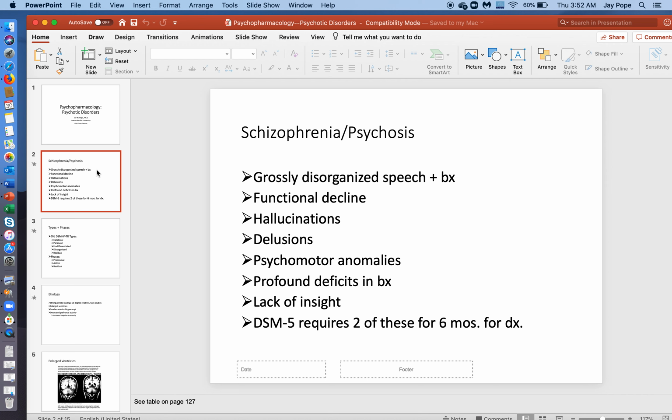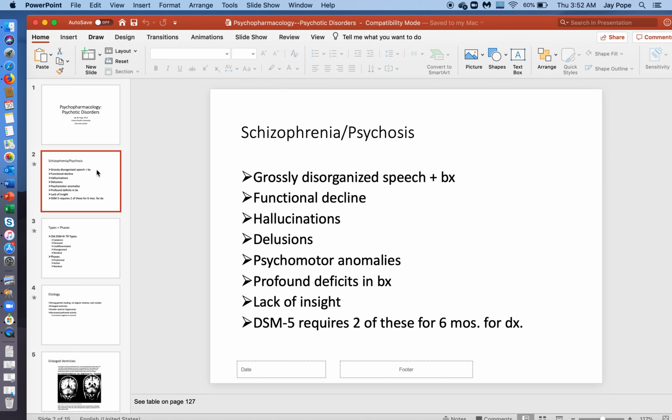So, here, when we're talking about the negative symptoms of schizophrenia, we're talking about symptoms associated with a lack of something. So, in a lot of people with schizophrenia, one of the psychomotor anomalies they'll suffer from is a lack of movement. A lot of people will sometimes be very rigid, very stiff. Sometimes they can lie in a catatonic state for a very long period of time.